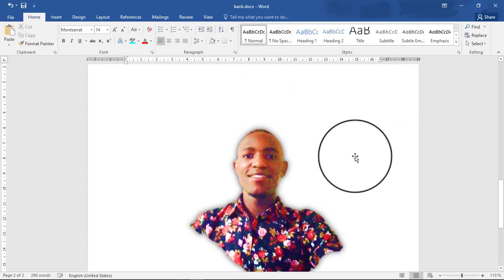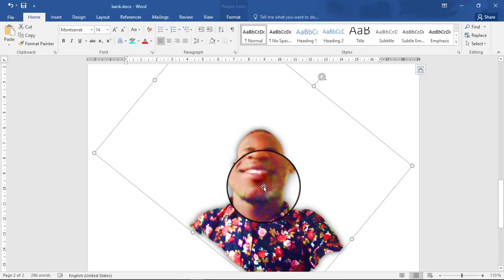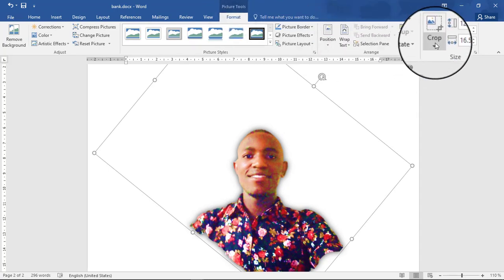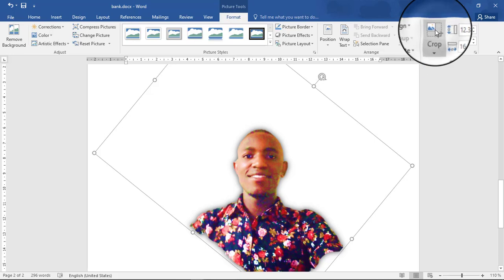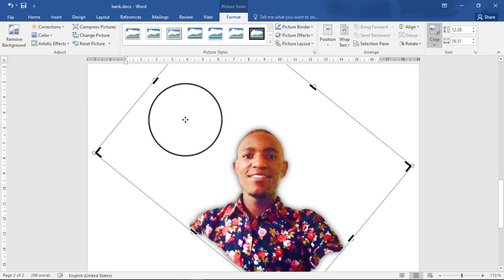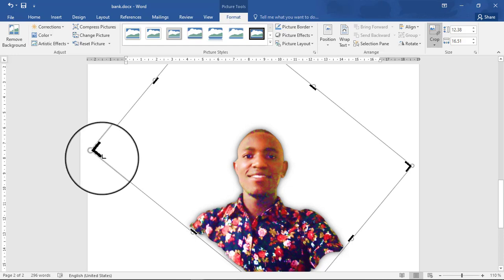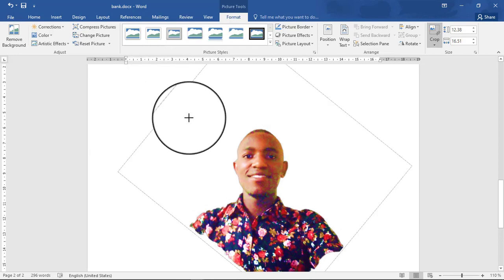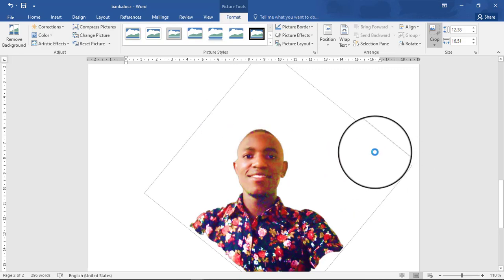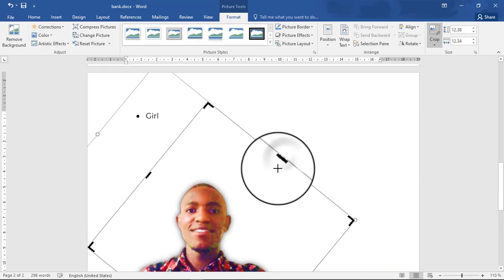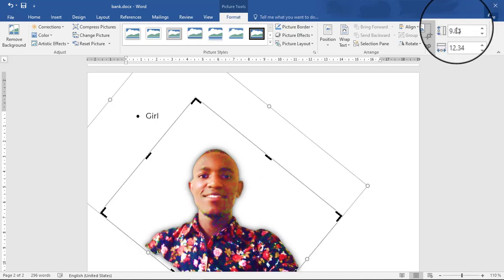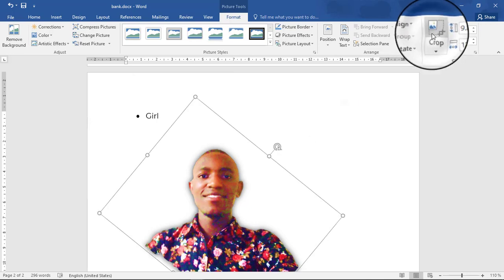I might want to crop that image. You just have to press that image, then you go under format, then you move to crop here. After pressing crop, are you seeing this? These adjustments will come and you press where you want to remove. You just have to adjust what you want to stay with. You hold it and you move to where you want to stop. After that, you press crop again here. Then the image will be cropped.